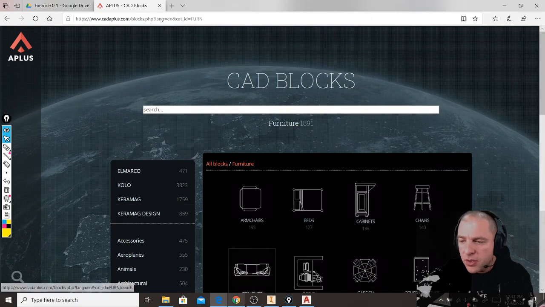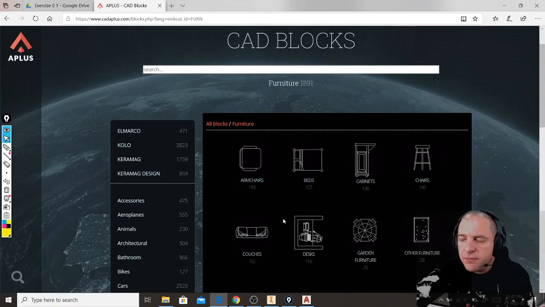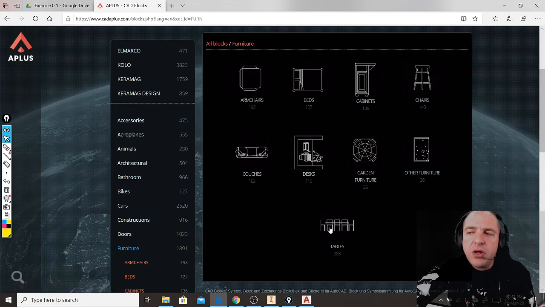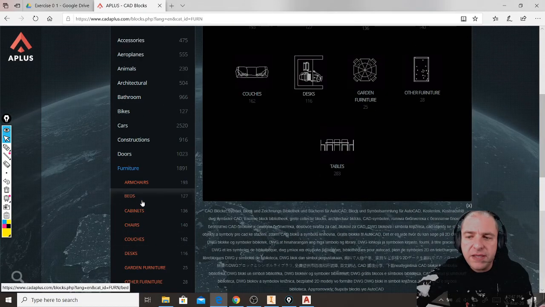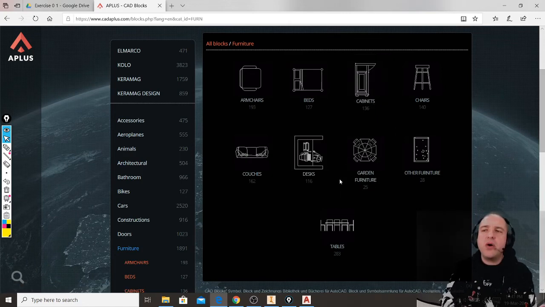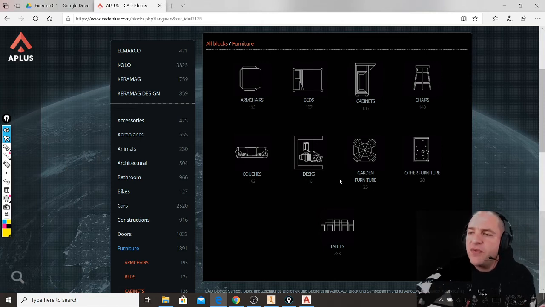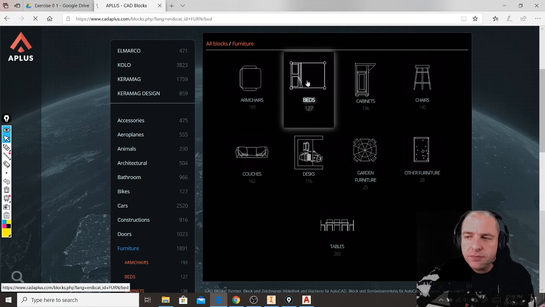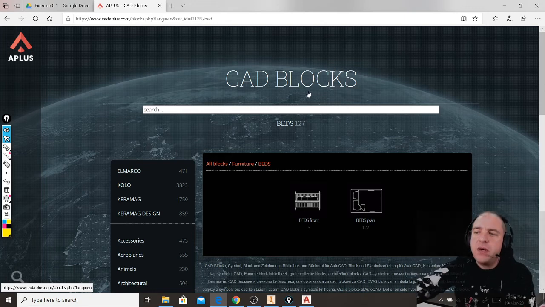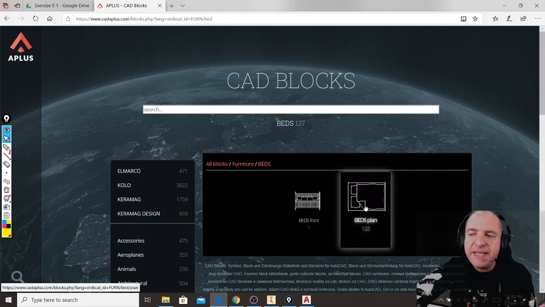Okay? Let me see. Yes. Then, look. All different kinds of furniture are divided by categories, and you can see categories here and there. So let's say, I don't know, I want to download a bed to make a bed in my project. So I can click beds. For now, we are only drawing in floor plan, so I click the category called beds floor plan,